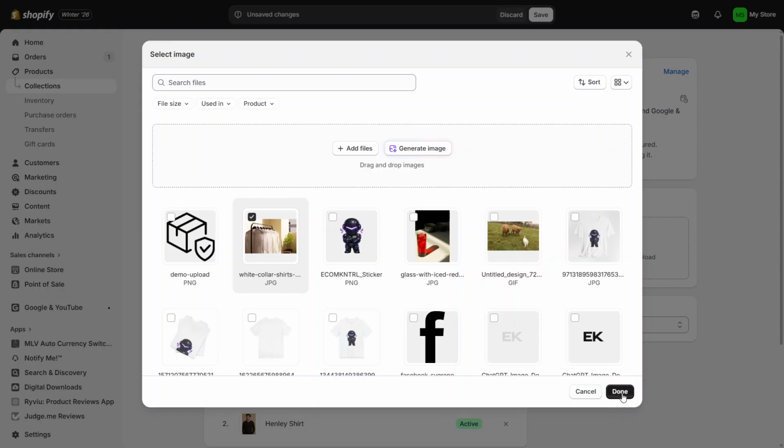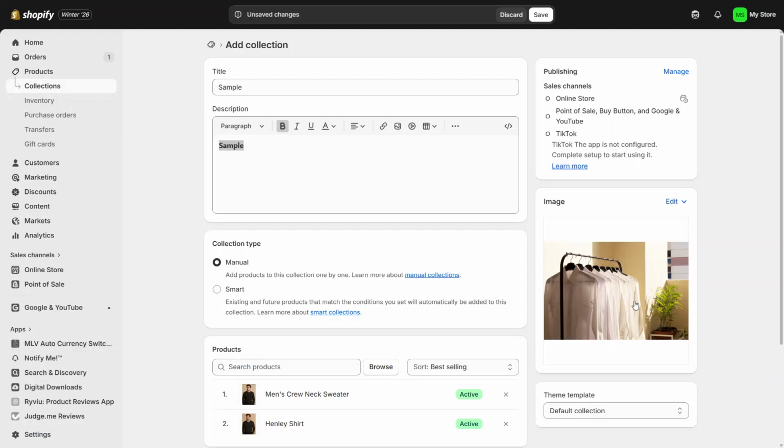Below that, you'll find a template drop-down. This lets you choose which theme template this collection will use. If your theme offers different layouts for collections, pick the one that best fits the style and purpose of this group of products. Once you're happy with the title, description, collection type, products, image, and template, look to the top